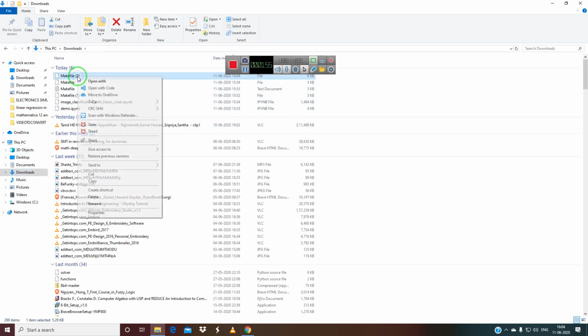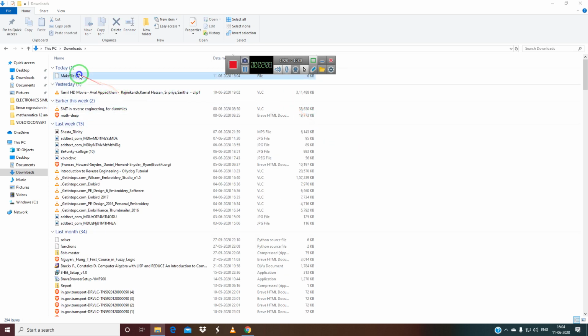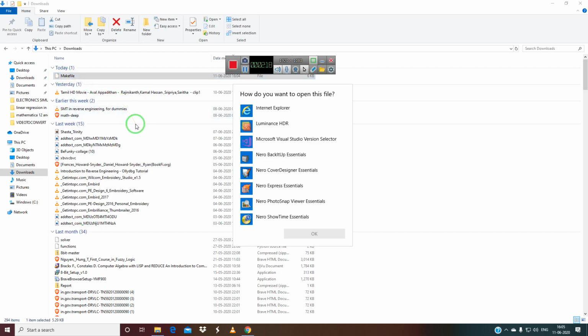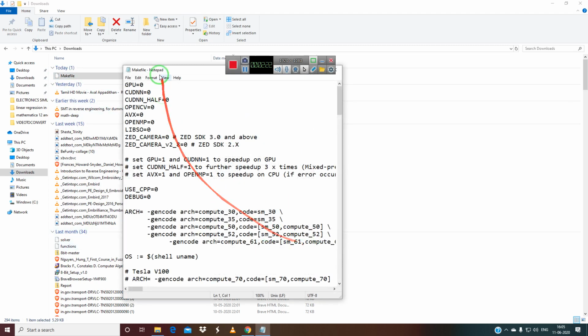I have downloaded a lot of Makefiles, so let me delete them and keep just one Makefile. This will be a clear tutorial in 3 parts. Open it with Notepad and enable the GPU.